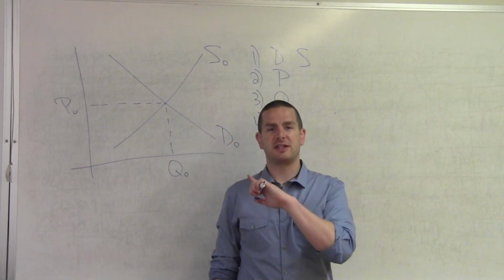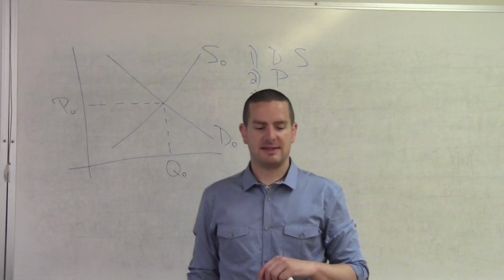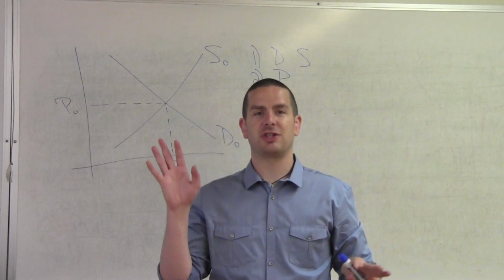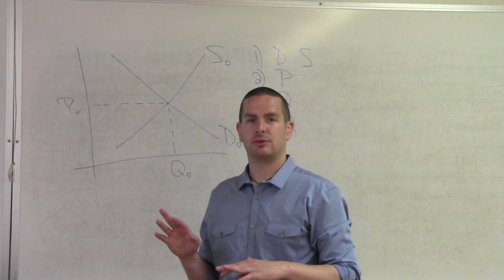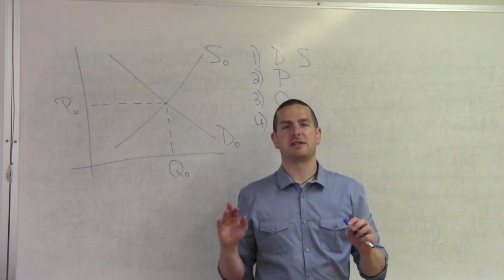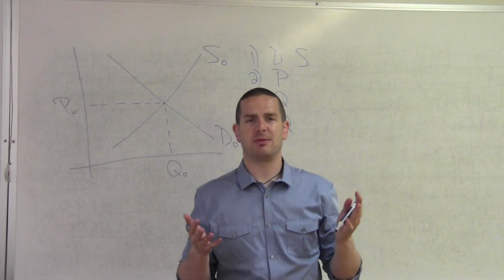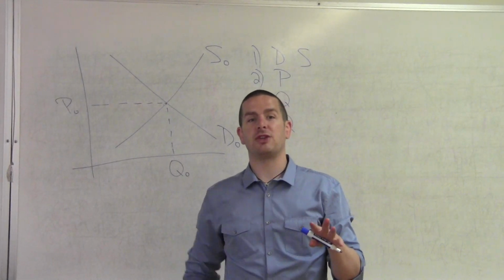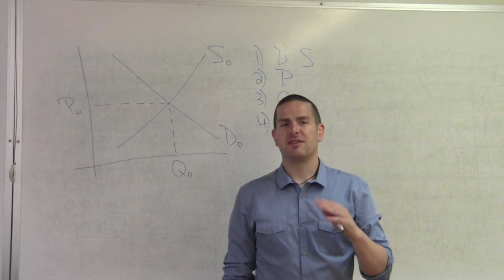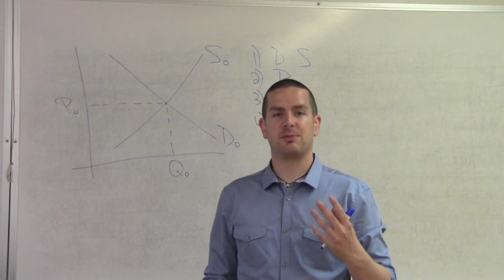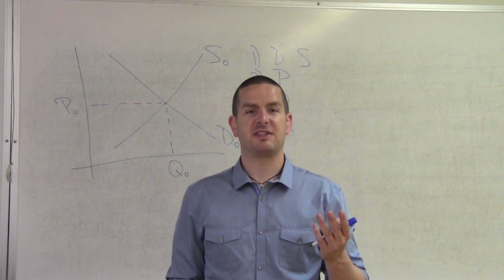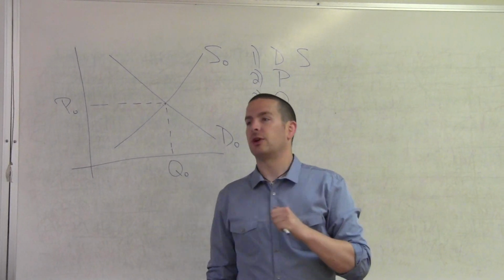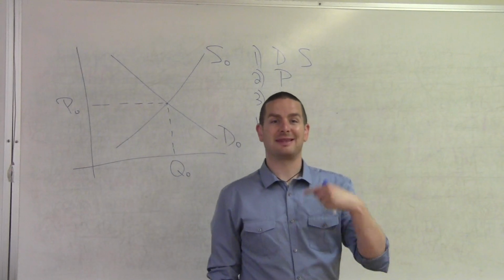For the first example, let's say that the minimum wage is abolished. There's no such thing as the minimum wage anymore. The federal government said, I don't know why we ever had this minimum wage. We should not have it. So there's no minimum wage anymore. If that was to occur, then businesses could pay their workers 5, 6 cents an hour, right? Even 2 cents an hour. So if businesses had to pay workers less,